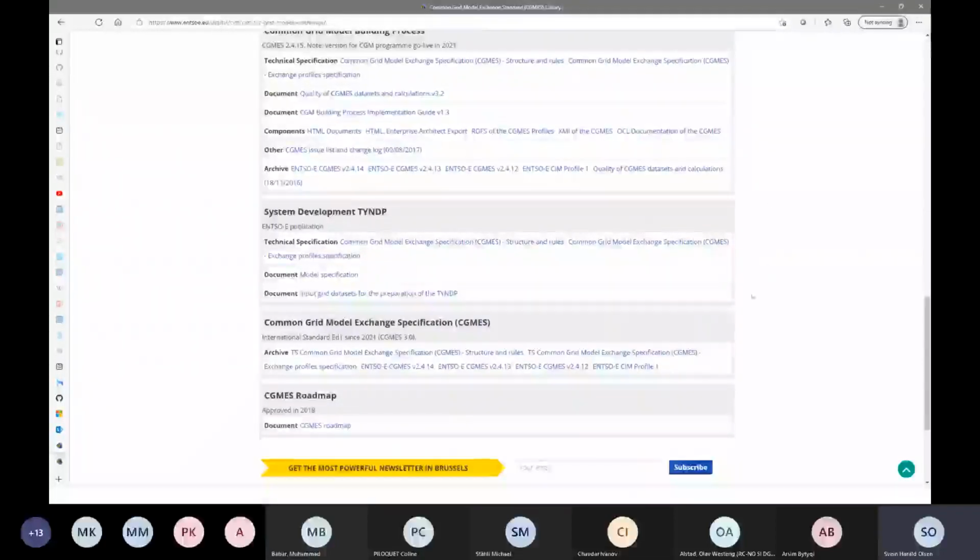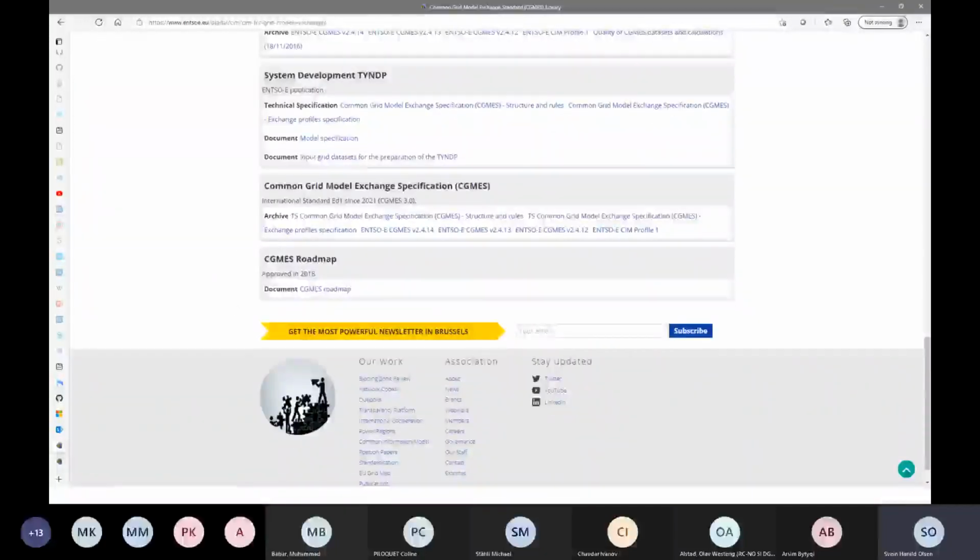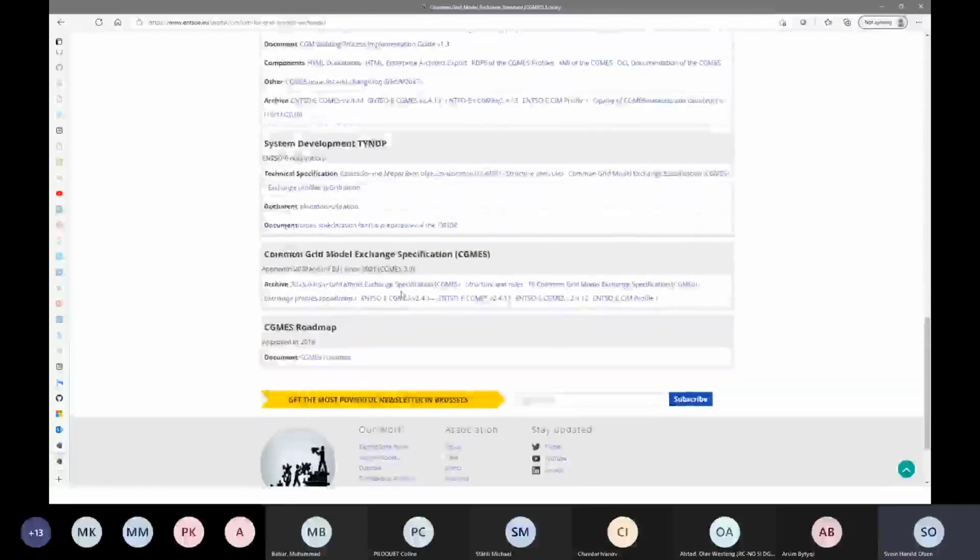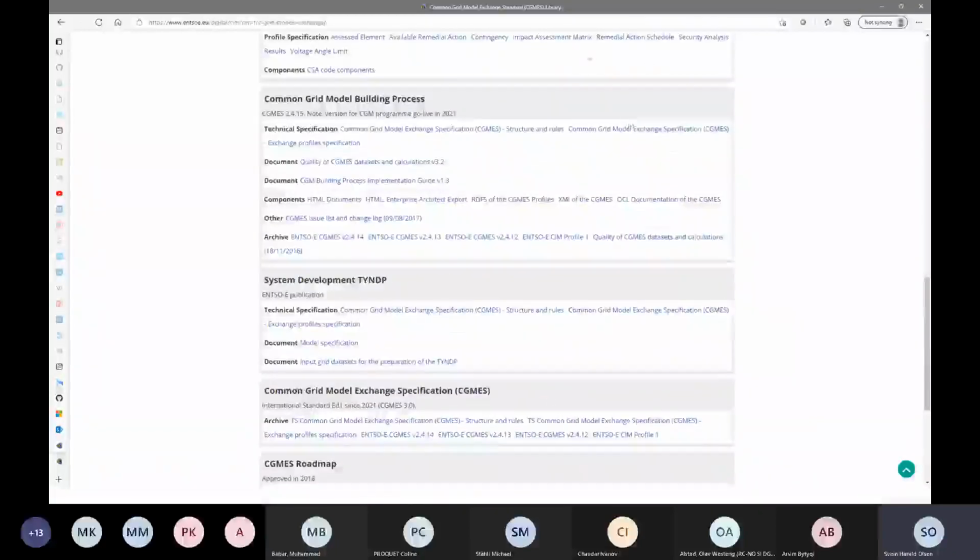We also added the document for the ten-year network development plan, and we have here the roadmap that I talked about, and we will upload as soon as we have the assessment document to see what's being solved in 3.0. So this, as I said, will be updated with the linkage and the data for 3.0.